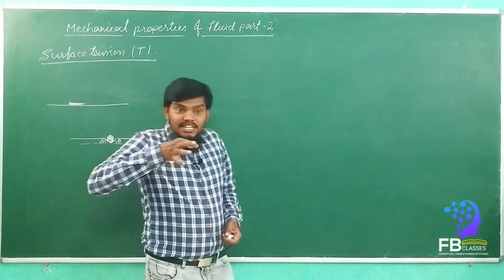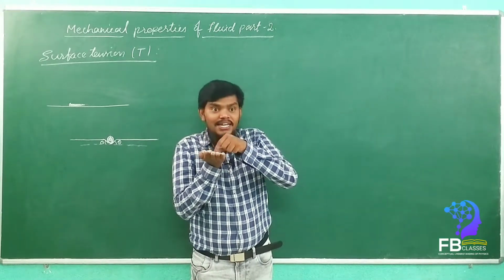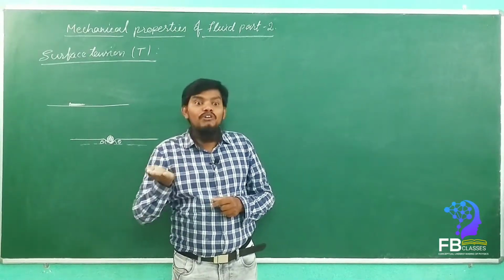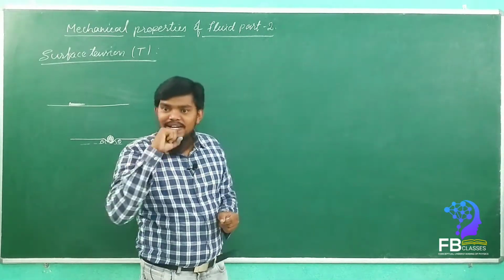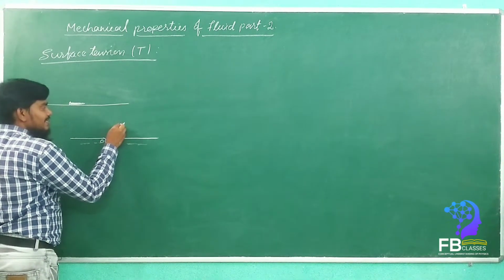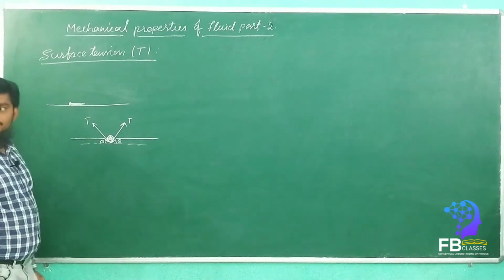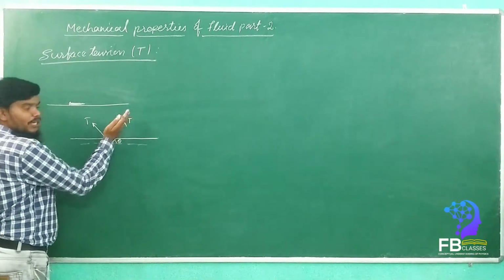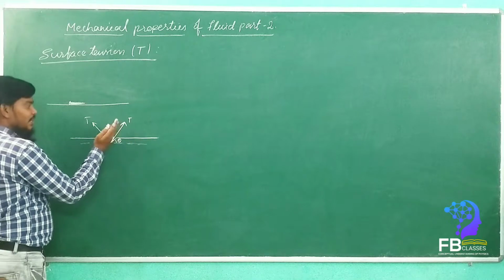If the needle is in equilibrium, that means the needle is floating on the surface of a liquid as we saw in the experiment. So who will balance the weight of the needle? Is it the surface tension? Yes or no? So how much is it? See here, this is the surface tension T. Got it? So if you divide the components of the surface tension, it is T cos theta and T sin theta.